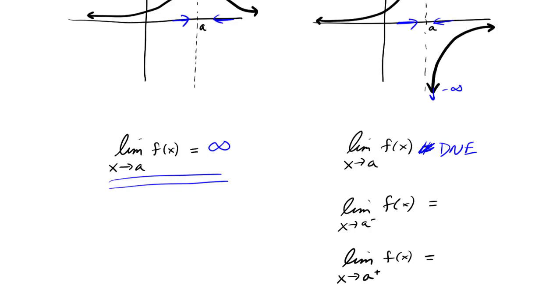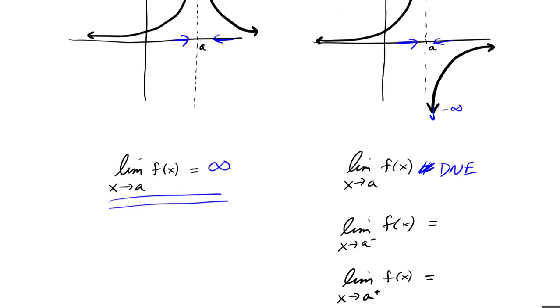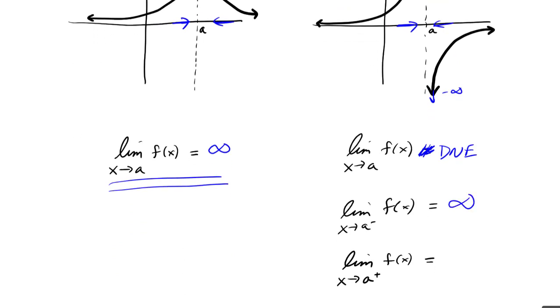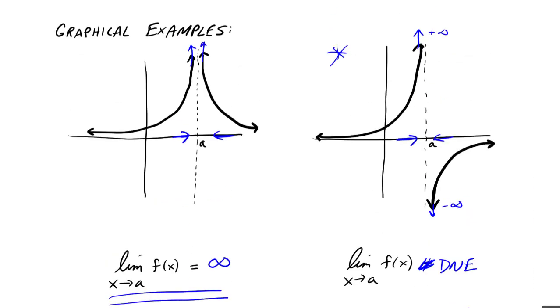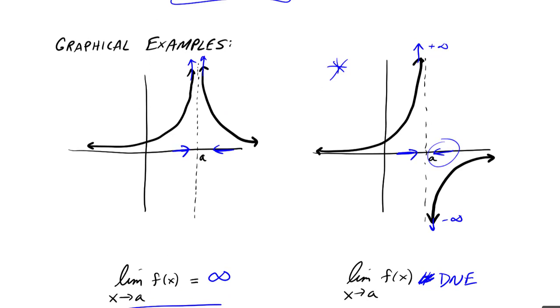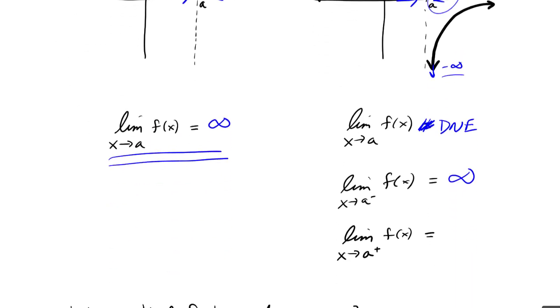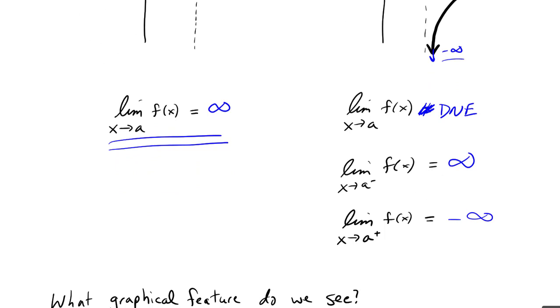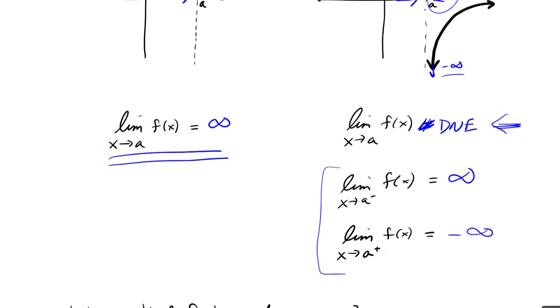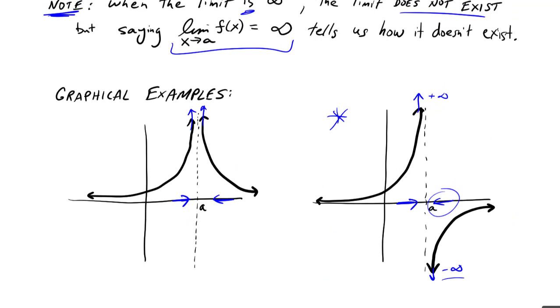The limit as x approaches a from the left, remember, does go off to infinity or positive infinity, but the limit as x approaches a from the right is negative infinity. So in this case, I'm not able to characterize the limit with one statement, but I could characterize each of the one-sided limits. Okay, so interestingly enough, when I drew these graphs, I see something that's common to both of these graphs,